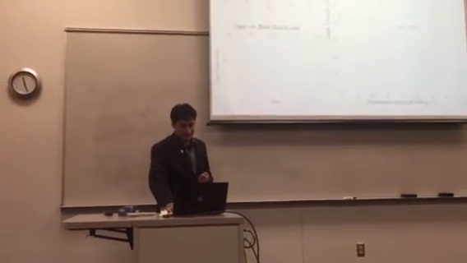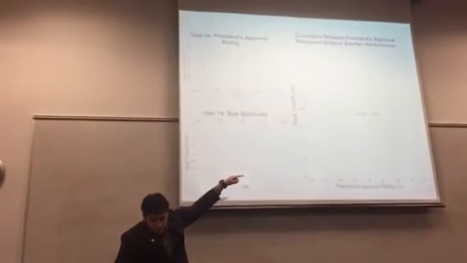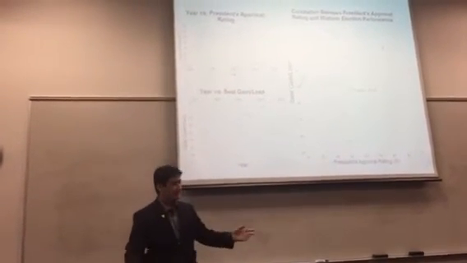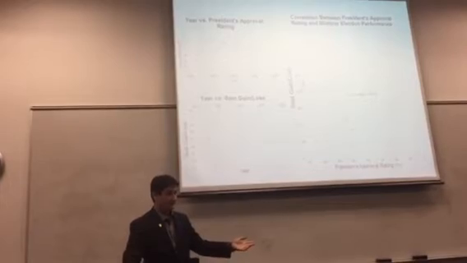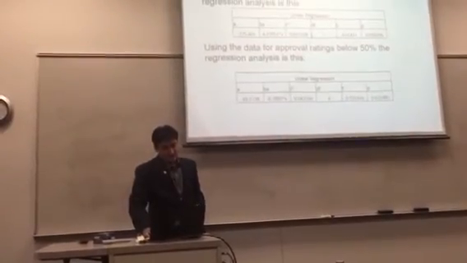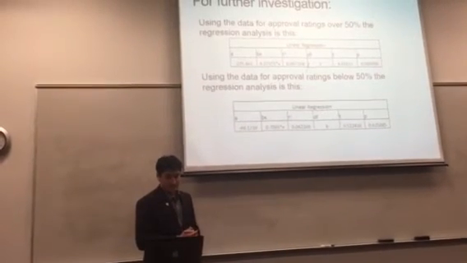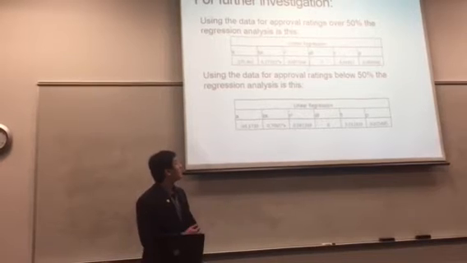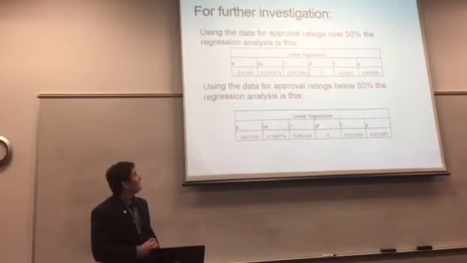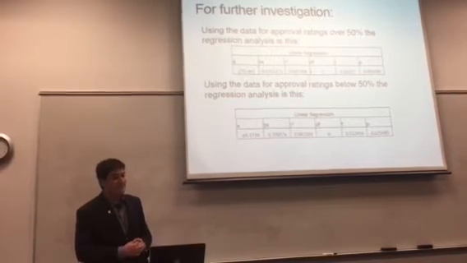But going back to the slide with the data, you can see the points are a lot closer together if you look above 60%. So I wanted to look at specific intervals from 0 to 50% and above 60%. So first of all, looking at creating a model for the approval ratings under 50%, I did the same least squares regression approximation. Got an equation of y equals negative 275 plus 4.375x.